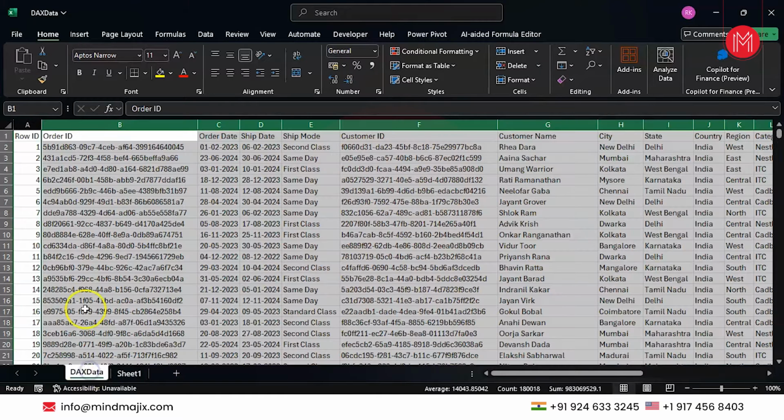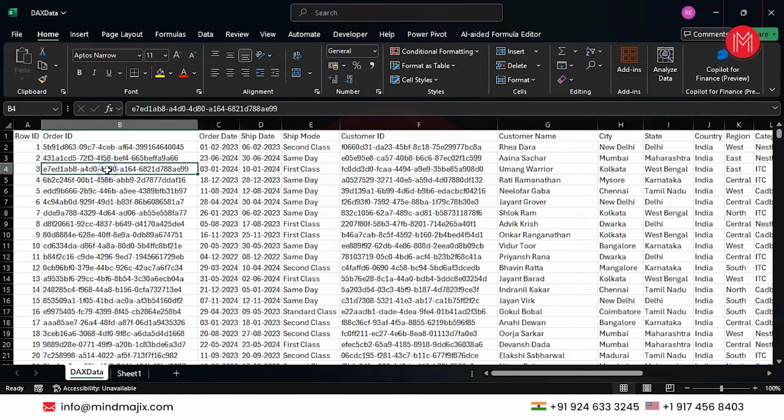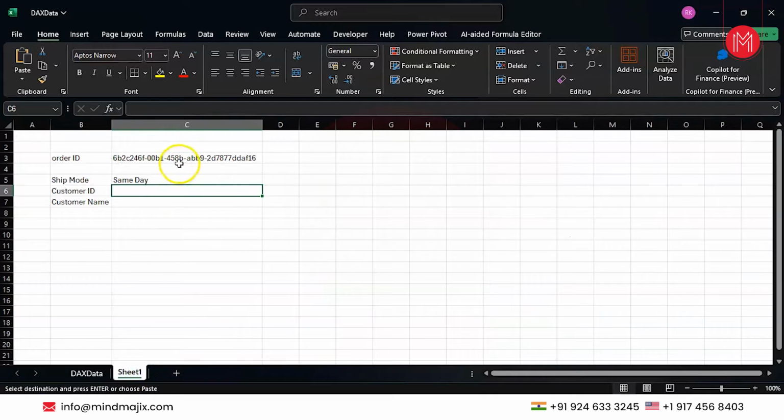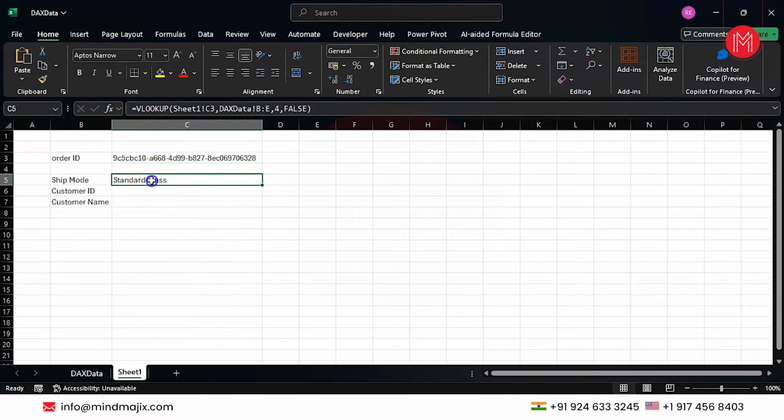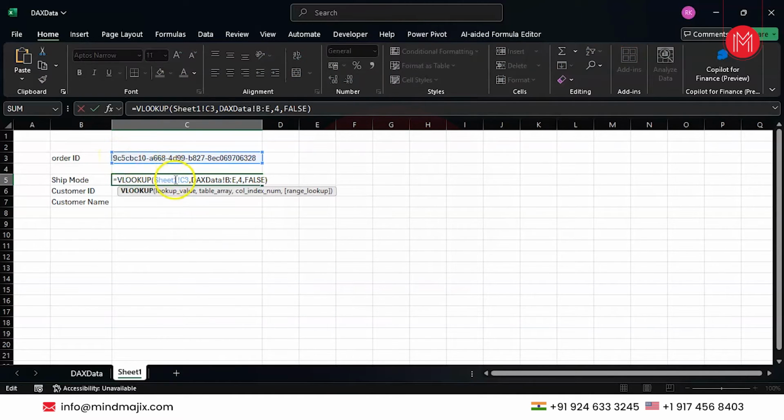Now what if I change this particular value to this? Let's go with this entry. Now I'll just replace this value and place it here. There you go, press enter. Automatically it changes, right? So what it is doing is, firstly, it is checking the key value that you're searching